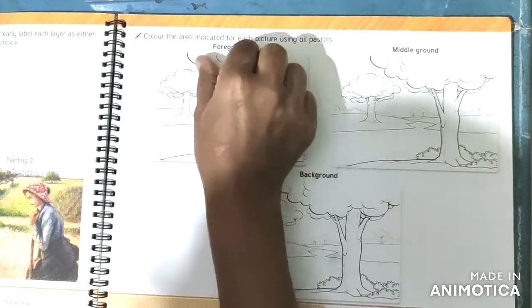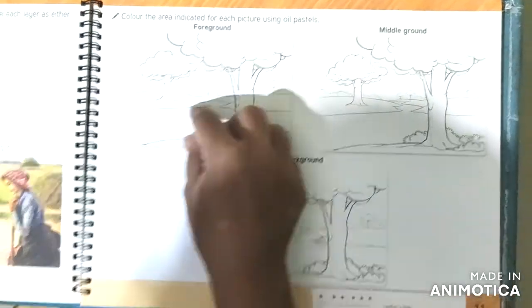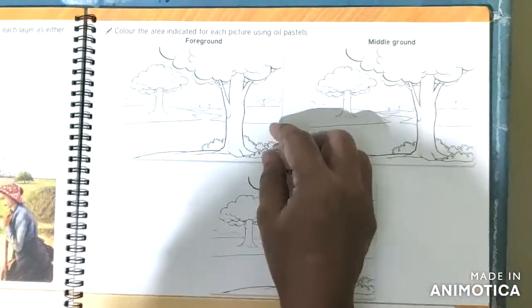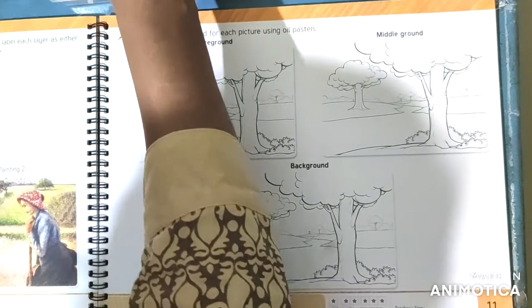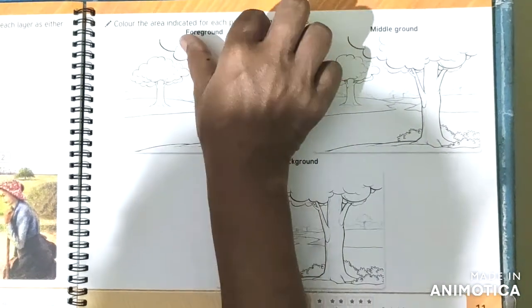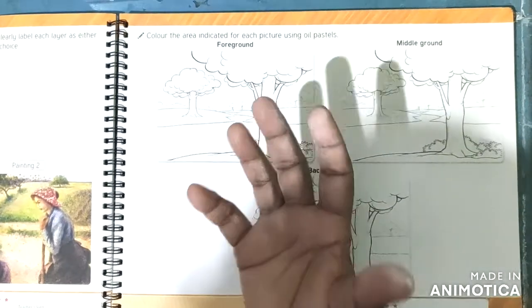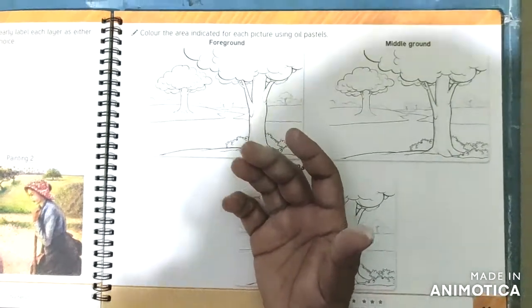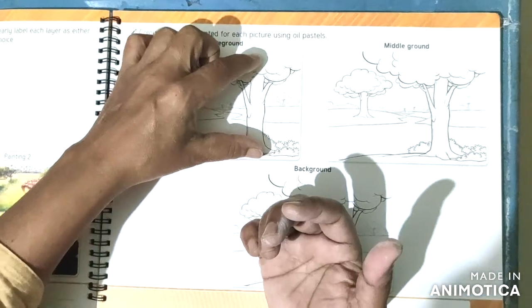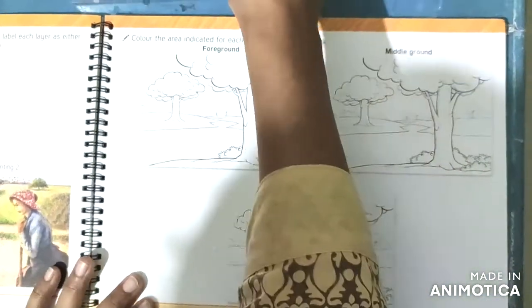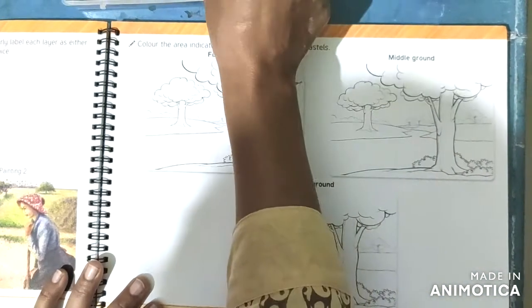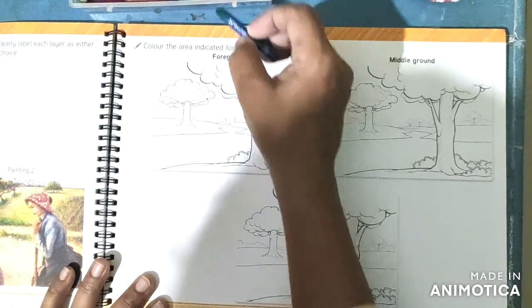Apply dark colors here, bright intensity here. This is a big tree. This form is bigger to us, and bigger means near to us. So start from green, no problem.